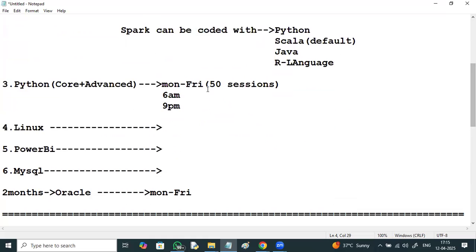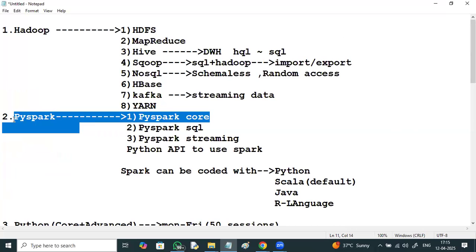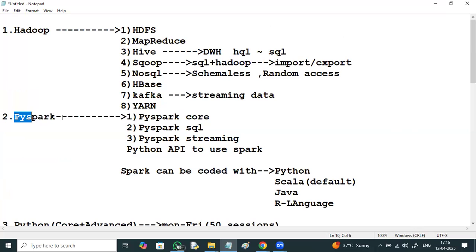And you'll be getting 50 sessions in brief on Python, so Python developer, you can go. Or Power BI, you can go with this. So you are learning multiple technologies, but majorly PySpark developer, where you will get huge packages. Having knowledge of PySpark is the hot cake technology in the market. If you talk about any data engineering course, without PySpark, PySpark is the main execution engine in these data engineering courses.